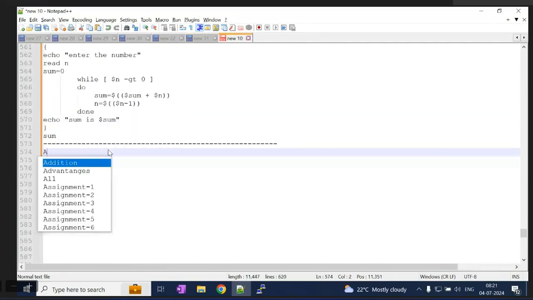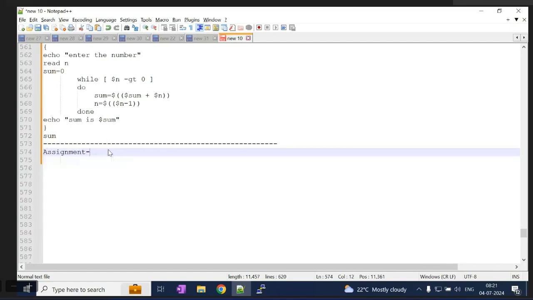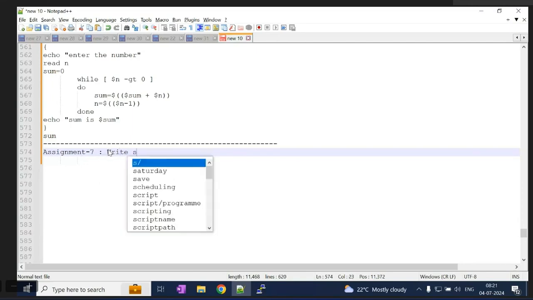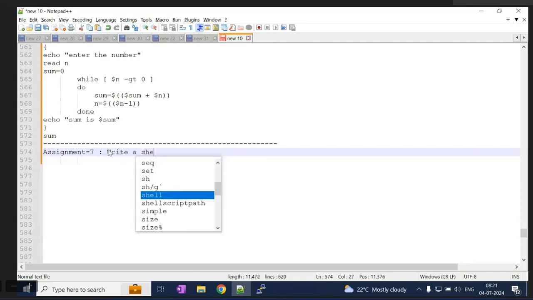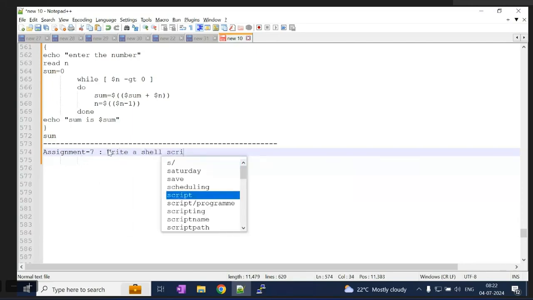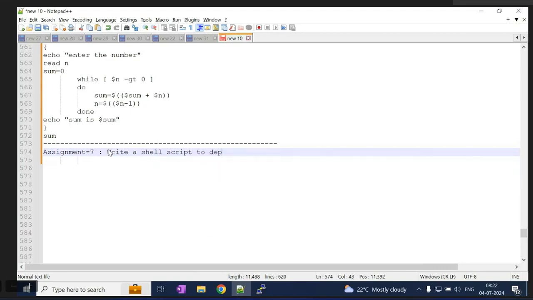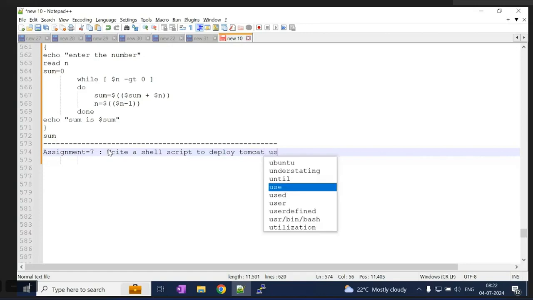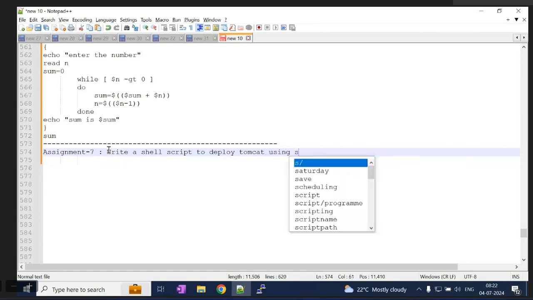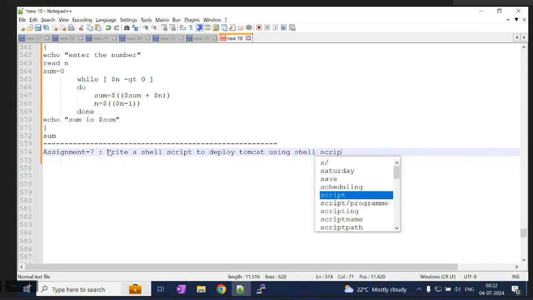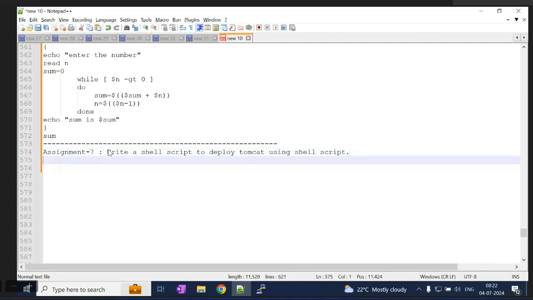I'll say assignment 7: write a shell script to deploy Tomcat. Deploy Tomcat using a shell script. I have already given the steps of what you need to write.